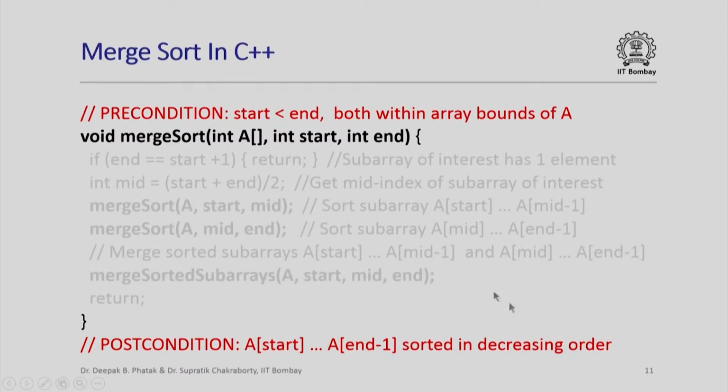Note that I have passed an integer array as a parameter here, and if you recall from our lecture on selection sort, when I pass an integer array, whenever I refer to the array A inside this function, I am really referring to the same array that the main function used when it called merge sort. This is not copy by value, this is not call by value anymore.